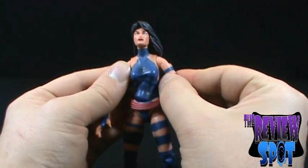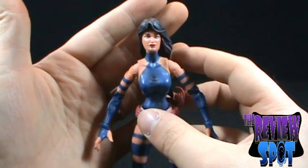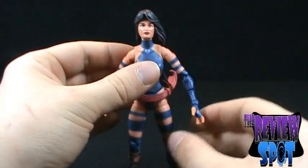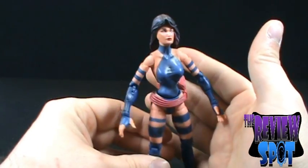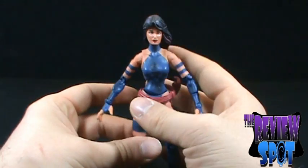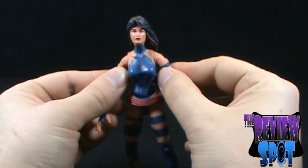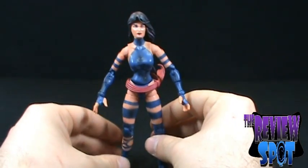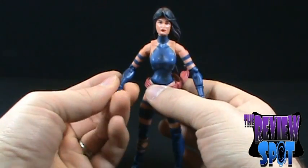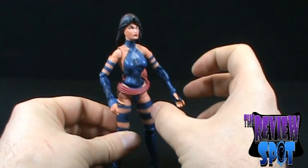The face isn't too bad. I mean, it could certainly be better. Now, I'm probably being very kind to this figure just because I have such a small crush on Psylocke. I always thought she was really cute looking. But yeah, the figure could have been better, but for what it is, it actually isn't too bad. The one thing it would have been nice, though, is the fact that she could have come with a sword or something else, or an energy